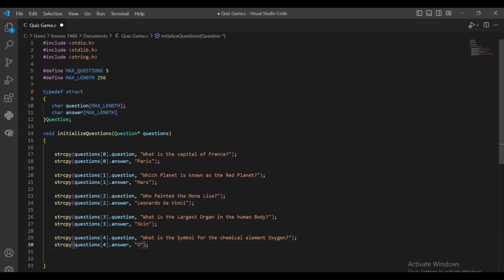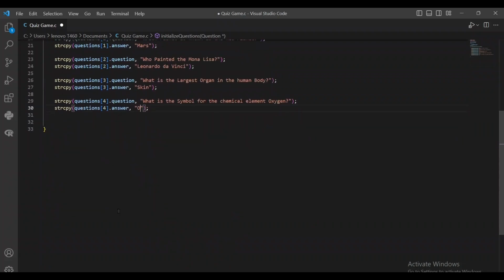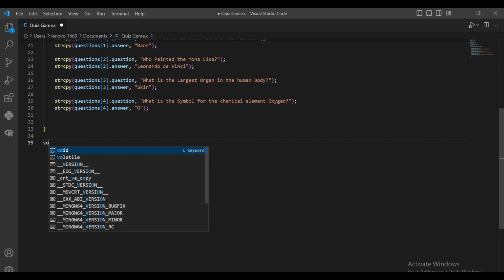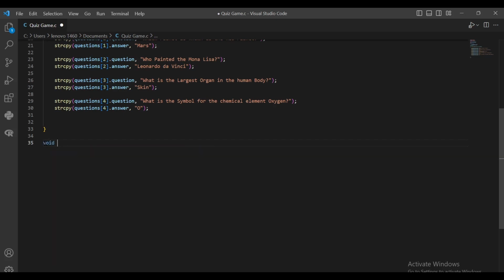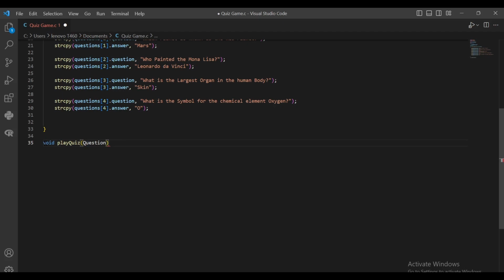So what I'm going to do next, I'm going to set the score, because after the user answers this, we are going to give the score to the user. So to do so, I'm going to leave the questions and answers declaration as it is, and let me create a function, and I'm going to define it. So let me say here I'm going to pass the question, and